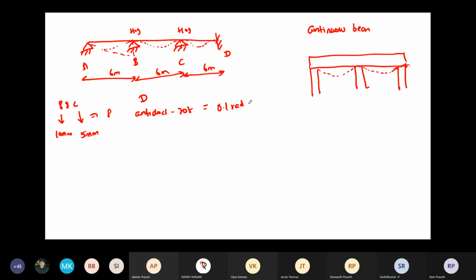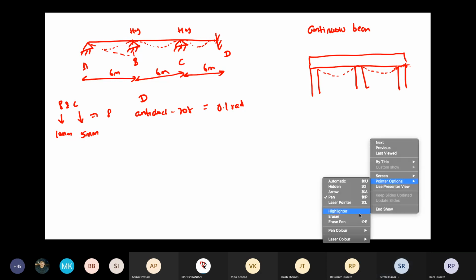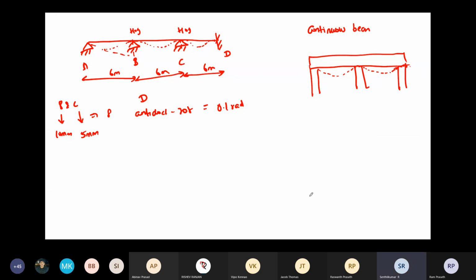Okay, now slope deflection equation. What is your first step? Guys, please tell, what is your first step? What we do? Here we don't have any loads, so no issues, no need to find out WL by 12, WL squared by all those things. Because of no loads, we don't have any end moments due to loads. Only we will get the end moments due to the sinking of supports and rotation of the support at D.